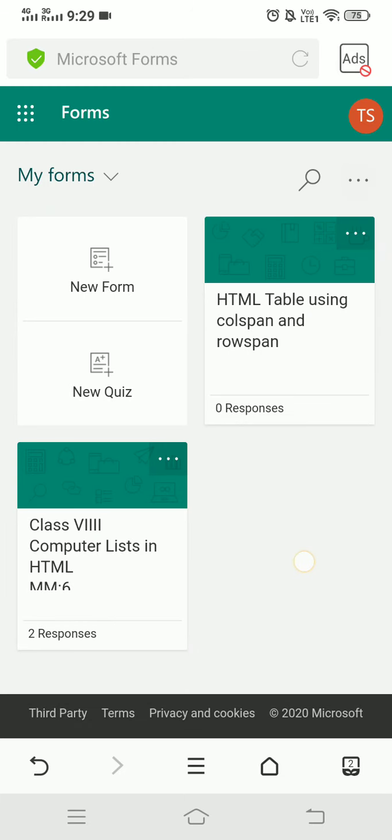Now at my end I have already filled in my credentials, that's why it directly opened Microsoft Forms. But at your end, when you open the browser, you will get the option Get Started. You have to click over there, then fill in your user ID and password and you will get this interface. Then you have to click on new quiz here.